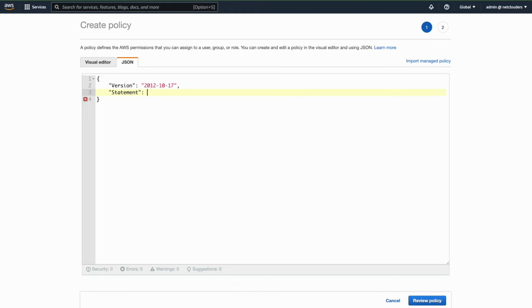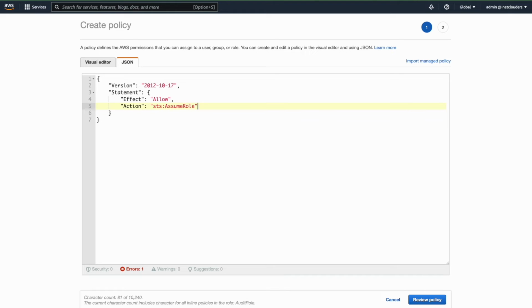So what we are actually going to say in the statement is the effect. That means whether you should allow it or deny it. So in this case, I want to allow, and then you will specify the action. And here the action is nothing but assume role. So this is the activity which we are doing. So in the action, put it as assume role, and finally in the resource section, set it as the ARN,